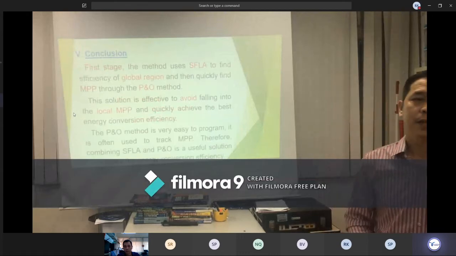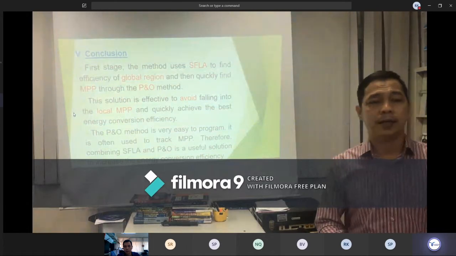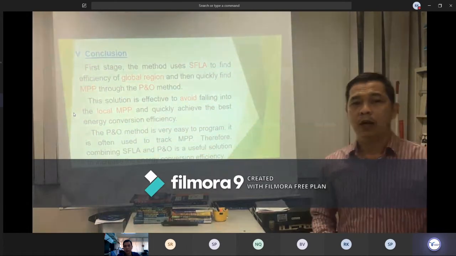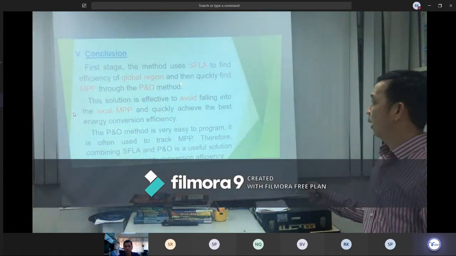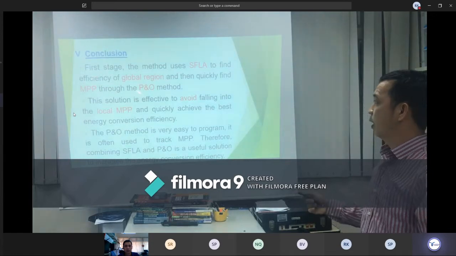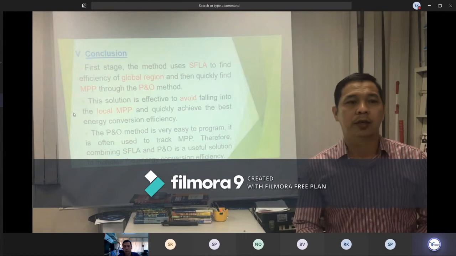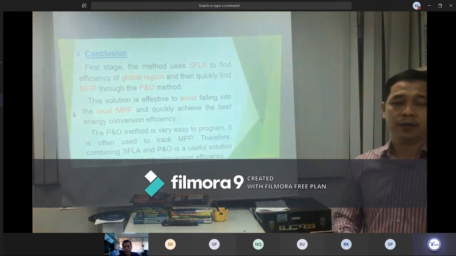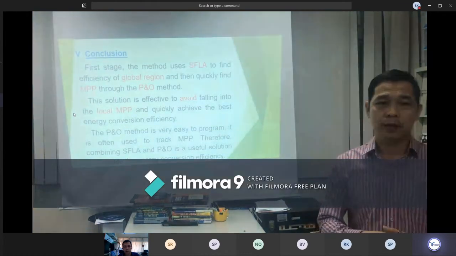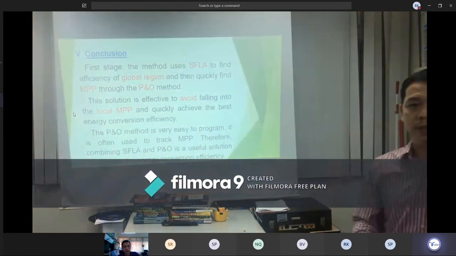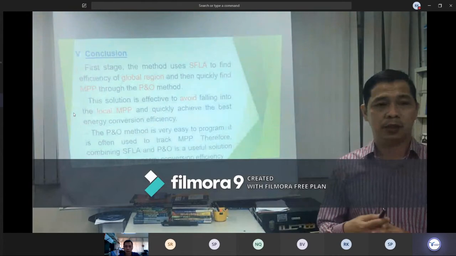In the first stage, the method uses the SLA to find the efficient local region and then quickly finds the MPP through the P&O method. This solution is effective to avoid falling into the local MPP and quickly achieve the best